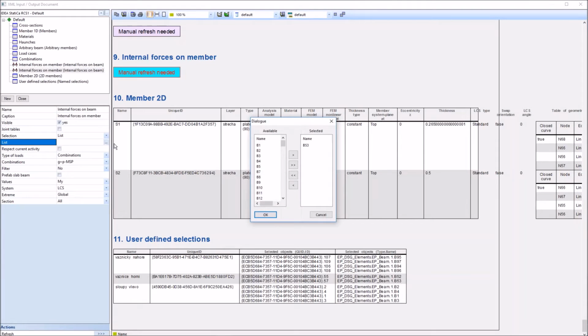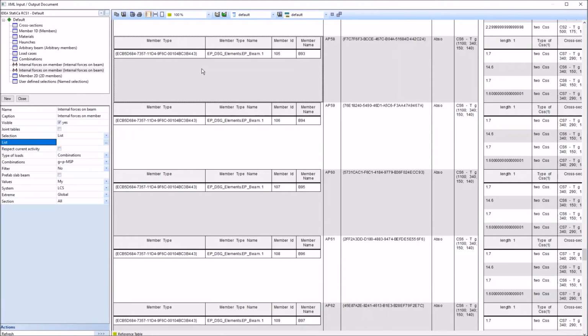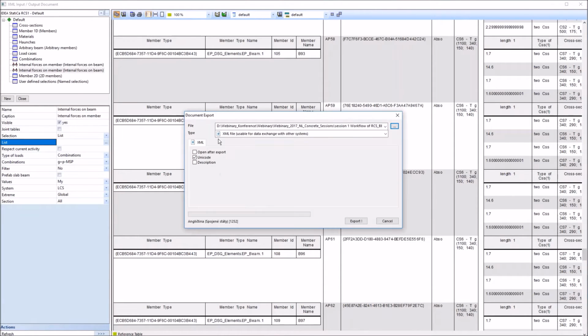For the list of the members, I selected B53 only. I can select more of them, of course, but I want to have it only for B53 for this presentation. Then you press refresh of the document, and after it is refreshed, you can export it into the file, and